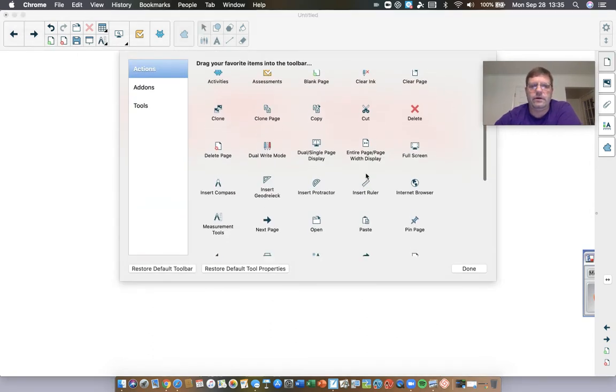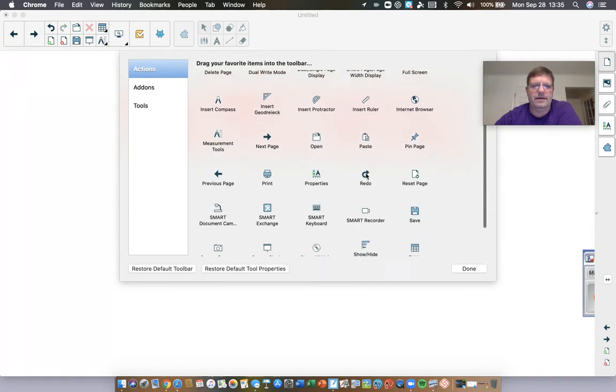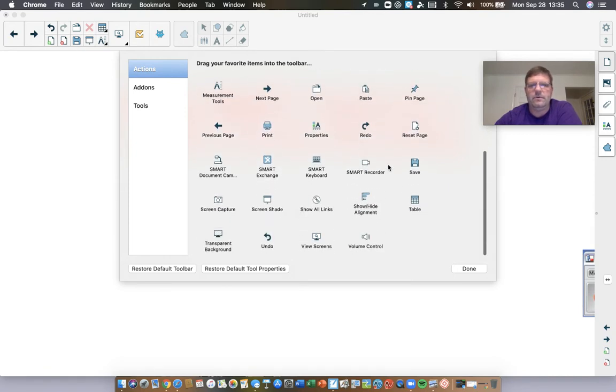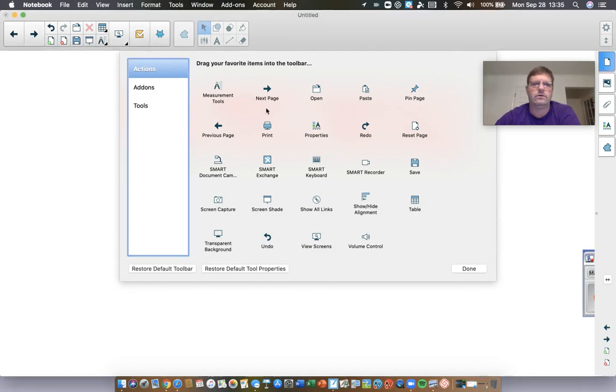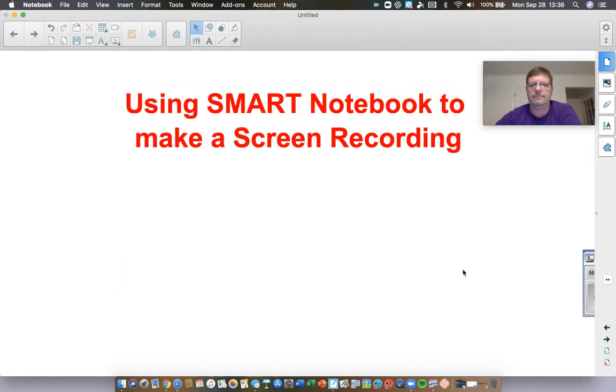So if I scroll through here, you see I have different things like pin page and inserting a compass, but what I'm looking for is this one called Smart Recorder. You don't have to have this on your toolbar. You can find it from the list of programs, but I recommend if you're going to do this frequently, you add this to your toolbar. So you can take this Smart Recorder icon and drag it to the top of your screen, and I'm going to put it right up here. And you can see I've added the Smart Recorder to my toolbar. And when I hit done,